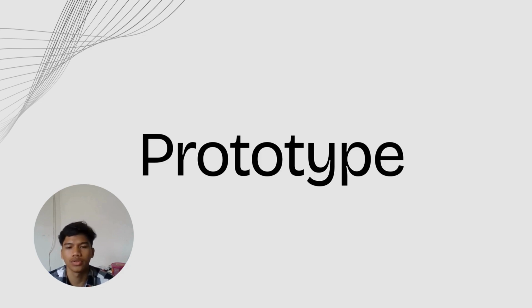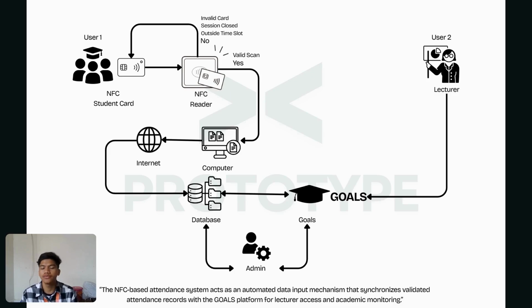Next, we go through the prototype. First thing first for the prototype, students as users use their NFC cards to access the attendance. They just use their matric cards and tap the NFC reader with the matric card. If the matric card is detected, it is directly sent to the